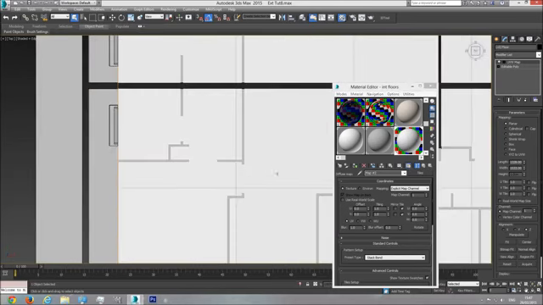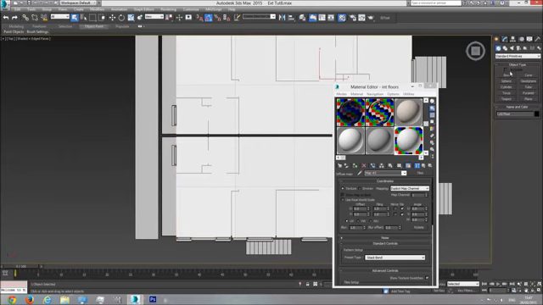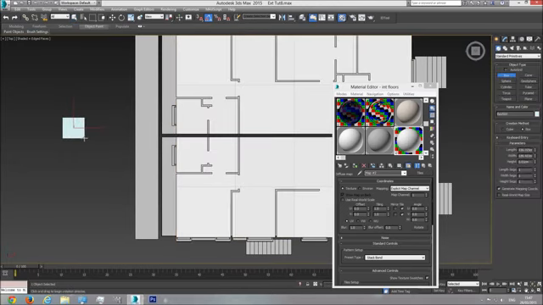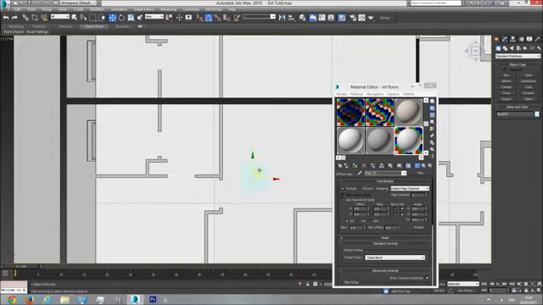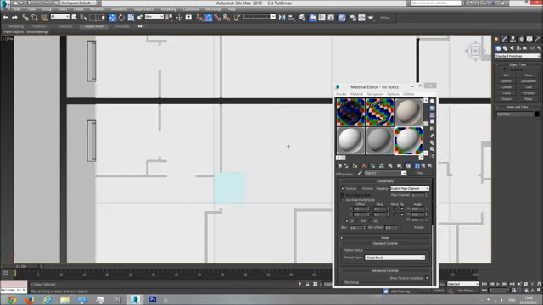As you can see, the tiles are way too big. I want to create a tile of something like 100 over 100, so I'm going to use a box, create a box 100 over 100 and place it here. Let's go to the front viewport and take it up so I can see it in the viewport, and let's place it here. Now I'm going to select the